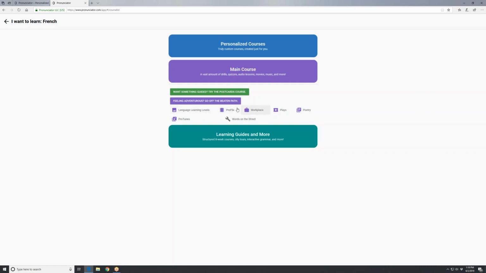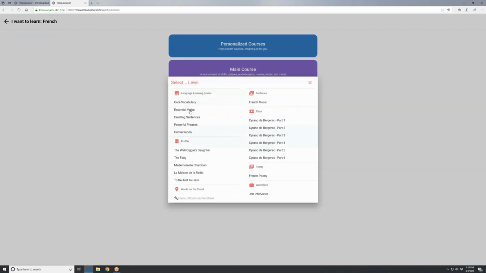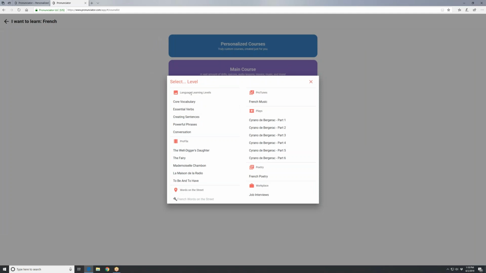Now watch, I'm going to click on some of these quick links. This one is to language learning levels. And notice here are all the levels in the main course. Since the main course is structured in a building block approach, you can start at the very beginning of a language and go into core vocabulary. There are 2,000 of the most commonly used words in the language in the core vocabulary level, with all the drills and quizzes